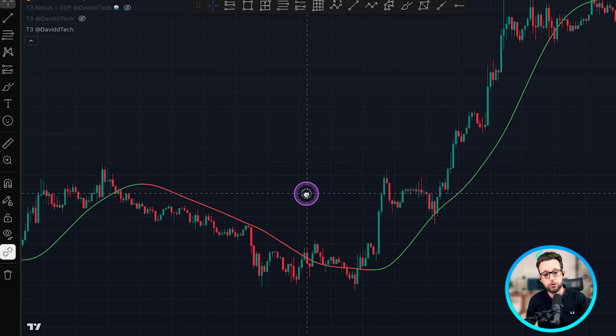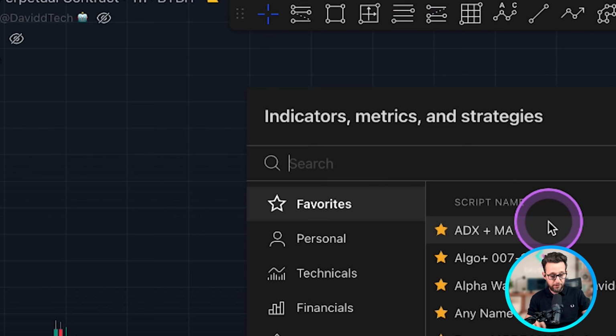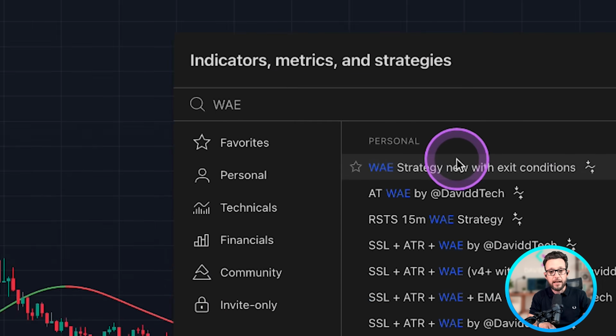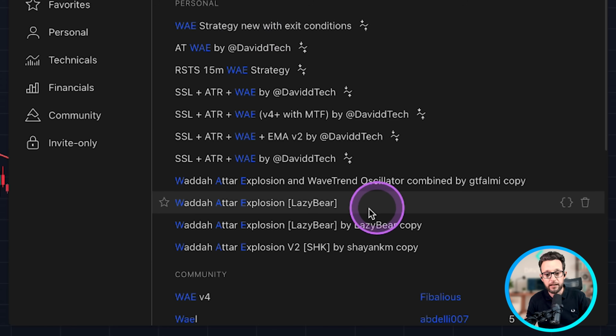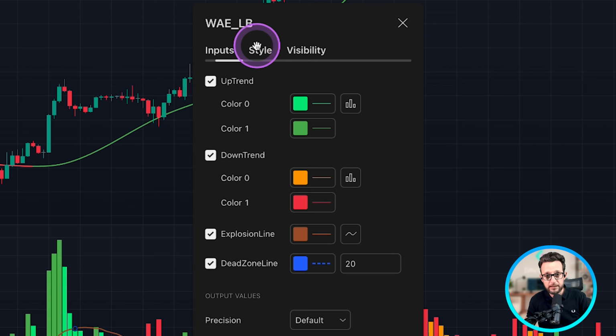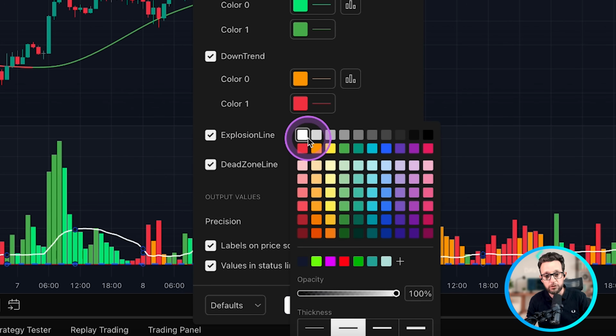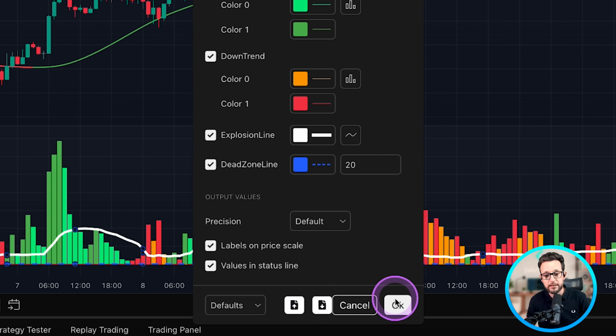looking for shorts. We're then going to add 2 of my absolute favorite indicators. These indicators are going to confirm our entries. The first one is the WAE, which is the Waddah Attar Explosion. It's this indicator here. Now it's pretty simple, but for us to be able to see, we have to go over to this here and change the color of the explosion line just like this. We're going to turn it to white and make it thick just so that we can see it here on